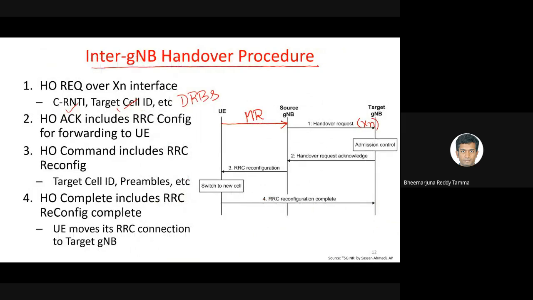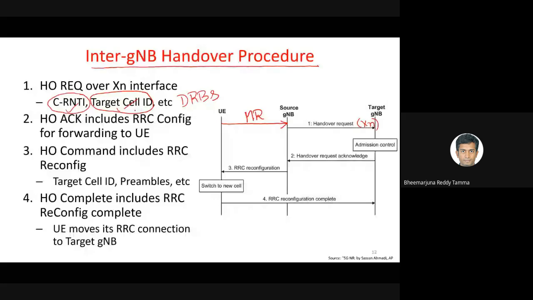The handover procedure here has four major steps. One is the handover request. In the handover request, what the source is telling is, okay, I want to hand over a certain user to you. How do you identify the user? We identify the user using C-RNTI, cell RNTI, okay? And the identifier of the new base station is also provided